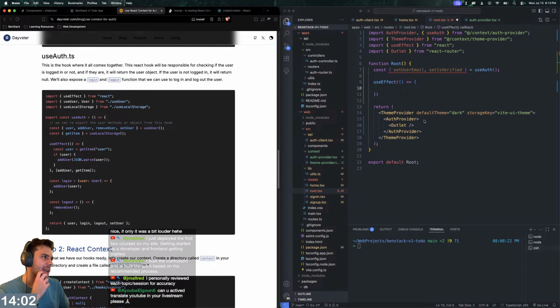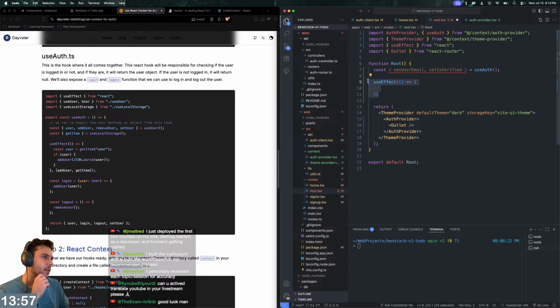Oh, you know what? Why do we have to do that here? We could just do it in the sign-in route. We could just set the context in the route. Oh, that's silly. We still should do the verification, but